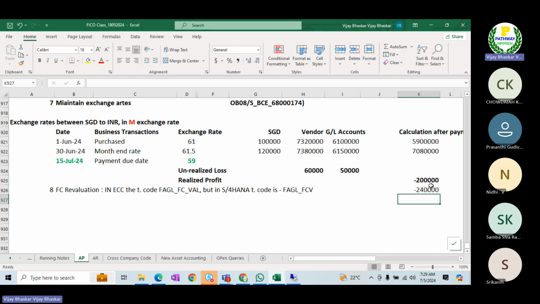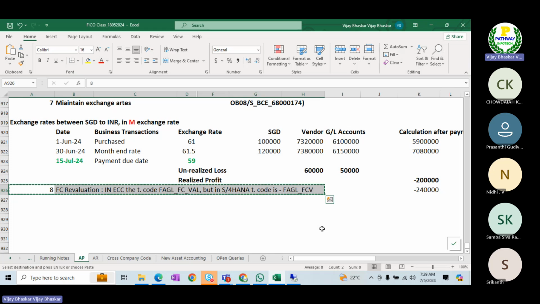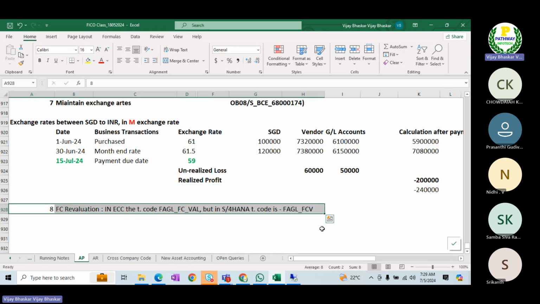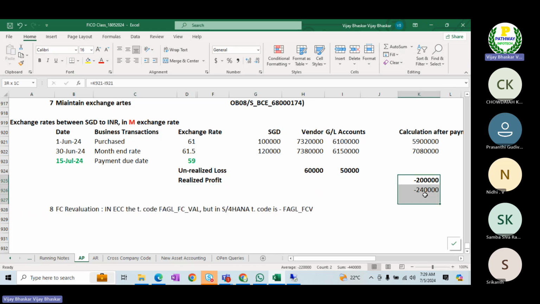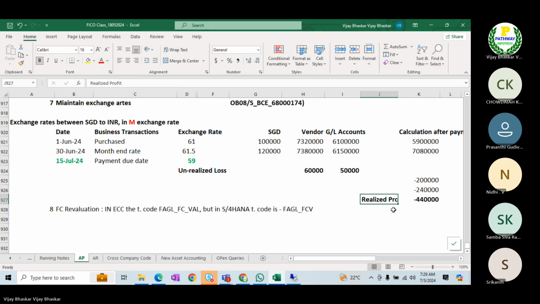Now you can see here the total realized profit you got as part of the valuation. The total profit is 4,40,000 rupees here. So now this is your realized profit. After making the payment, no valuations are required, because originally you made the payment, the transactions are hit into your bank account.